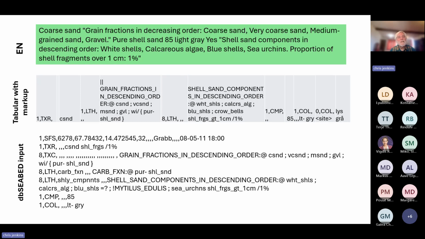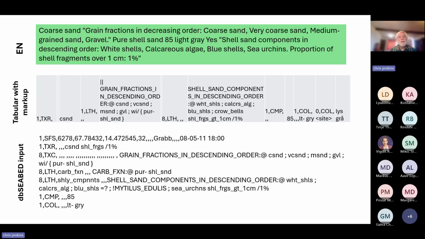So here we've got the English translation of one of the entries in this 12,000 long database. And in the gray box here, you see that we've changed it to markup, to the dbSEABED markup. It's similar to what I showed before.